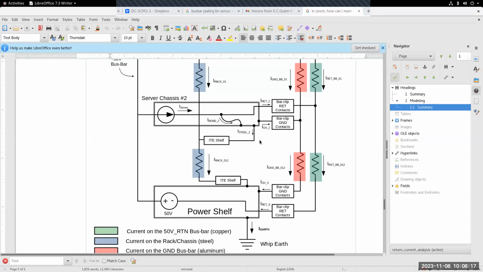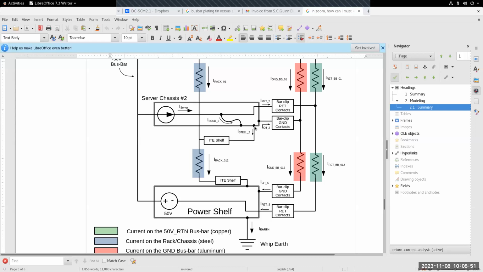It's just that for an individual chassis, if I was worried about a fault current, I don't know what that means. But each chassis is connected to the others by the rack, right? Every chassis is pretty much bolted to the rack. Yeah, so there's no question that each chassis is connected to what I call chassis ground, the protective earth. Right, so there is definitely a solid connection between all of them.